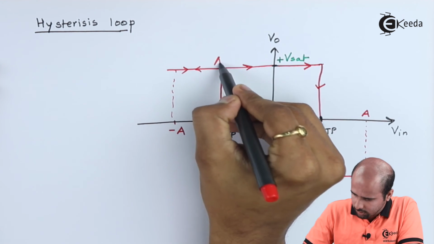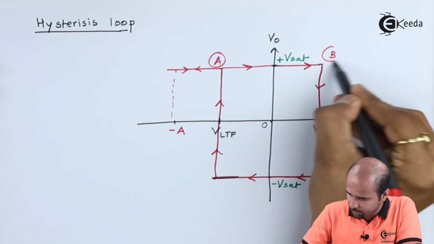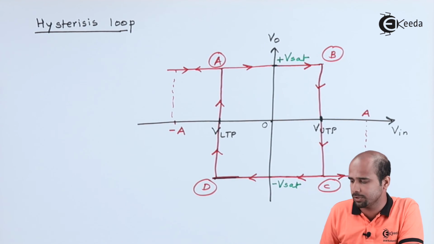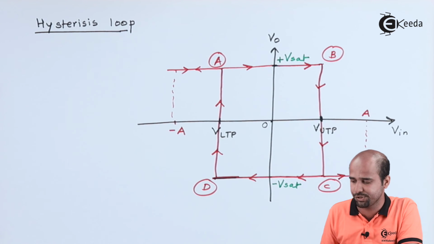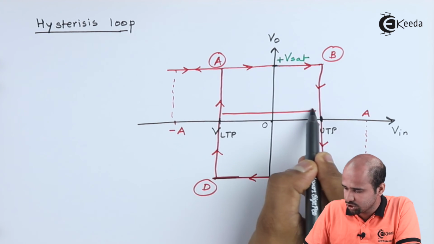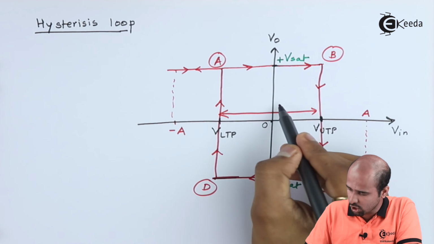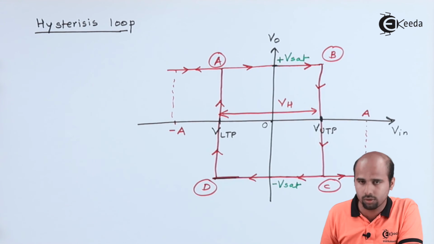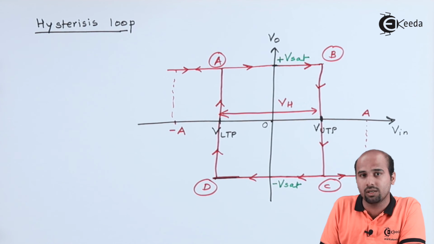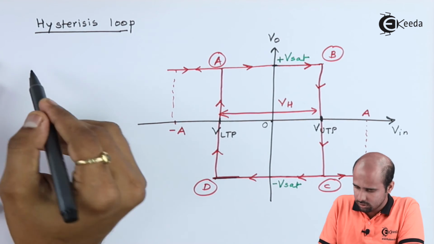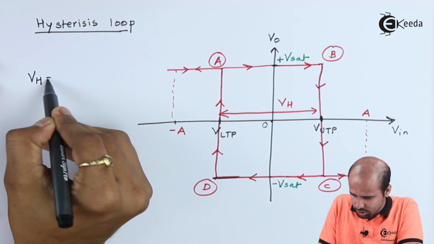Now loop A, B, C, D, which is getting formed with the characteristics of output voltage with respect to input voltage, is called a hysteresis loop, and the width of the hysteresis loop is nothing but the change in the VUTP and VLTP. So this is called VH. Okay, if in the numerical they ask us what is the width of the hysteresis loop, that is nothing but VH is equal to